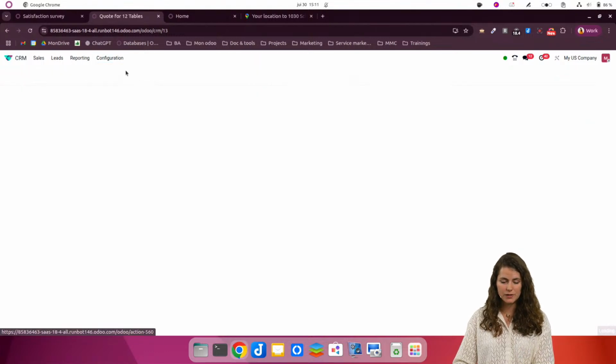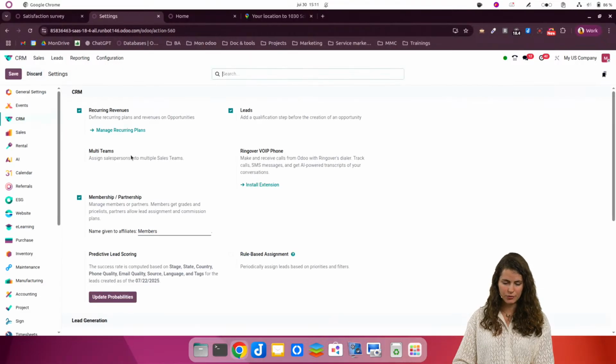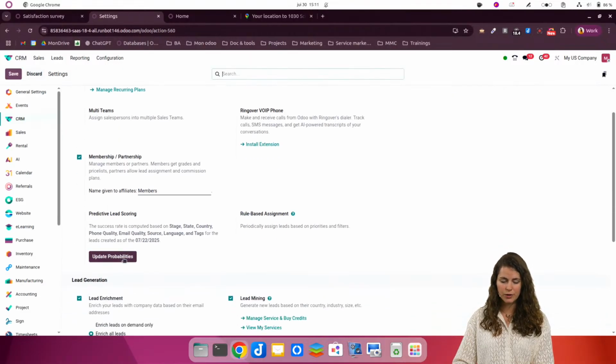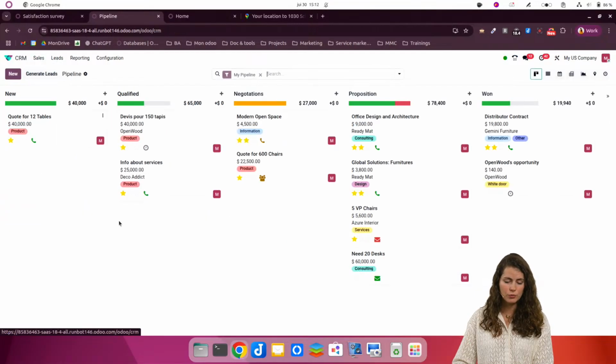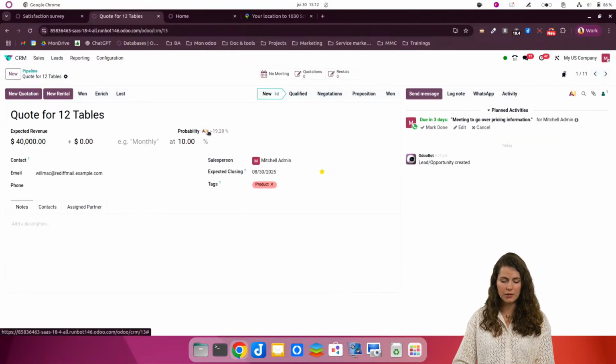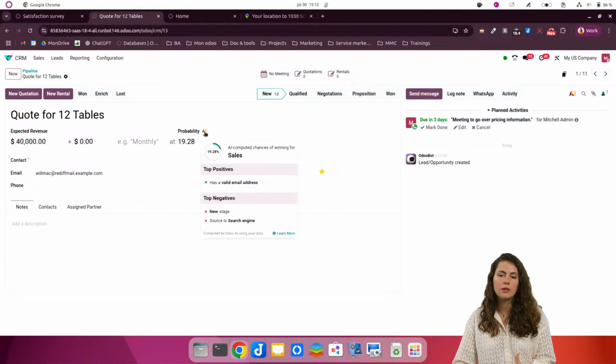So if I go into the settings of the CRM, I have here the rules of the predictive lead scoring, where I can define what are the criteria needed to update the probability. So here we have those criteria that are defined, and Odoo will update the probability based on that. Now, with AI, you can ask Odoo to update the probability based on AI. So here you have the little button, and if you click on it, it's going to update the probability, and you have also information on what needs to be done,